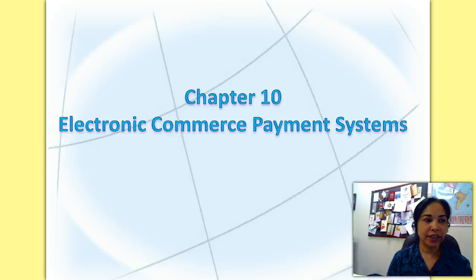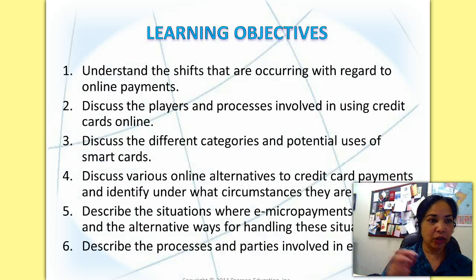Okay, finally, Chapter 10, Electronic Commerce Payment Systems. The learning objectives are understanding the shifts that are occurring with regard to online payments, discuss the players and processes